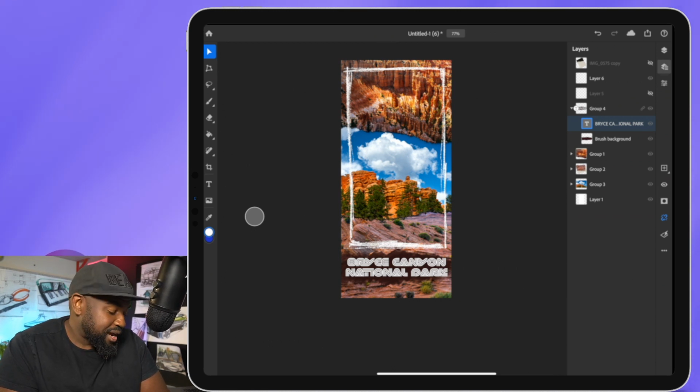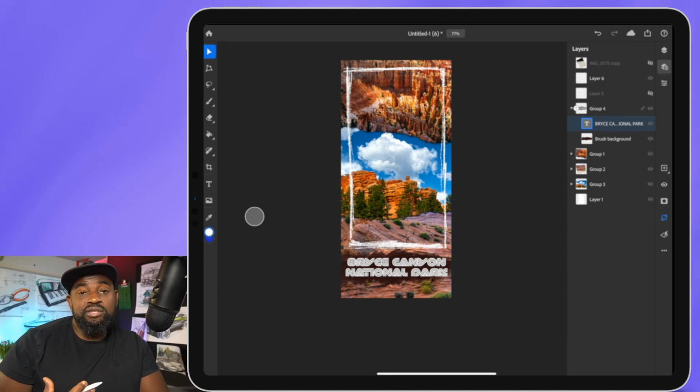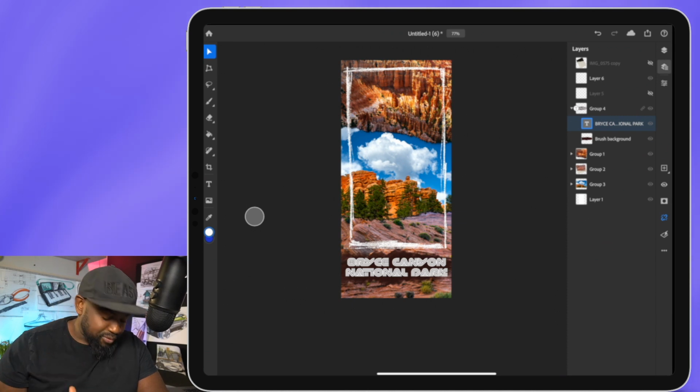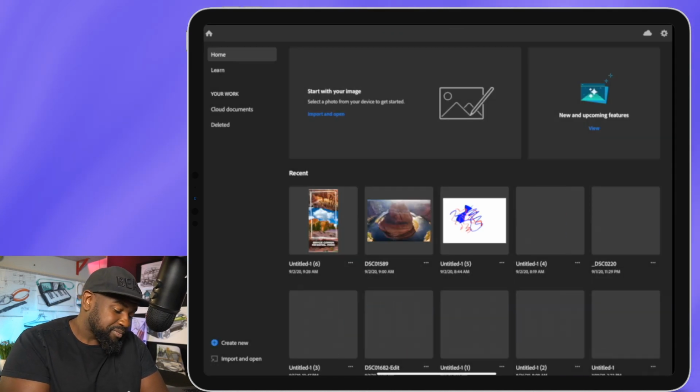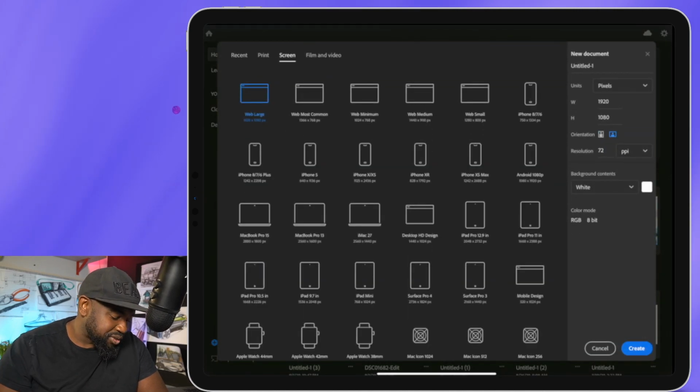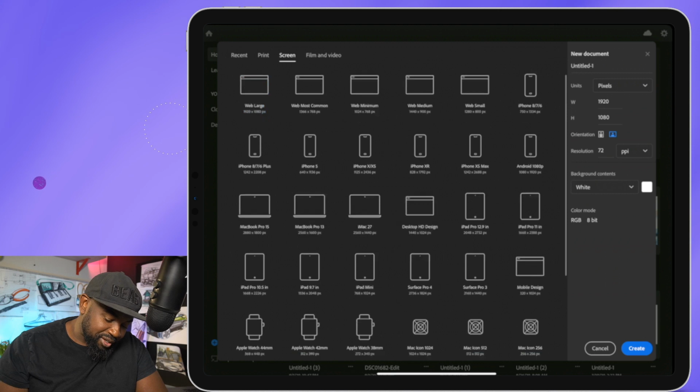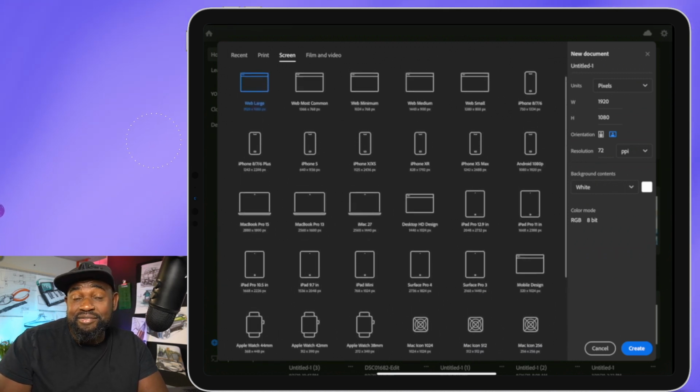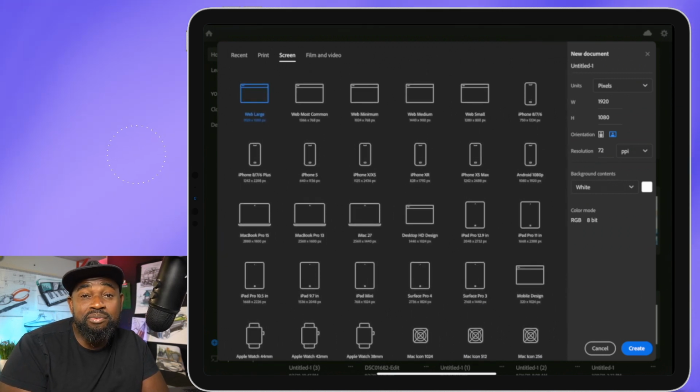app. And it's important when you do this, though, to make sure you're using the right template or format. That's why I specifically picked the iPhone XR. That's why Photoshop's awesome on the iPad, because we have all these presets. Again, if I create new and I jump to screen, we have all these options. So if you want to make something for your MacBook Pro or just a desktop background, you even got the Surface Pro 4 and 3 in there. Mobile design, icon design, if you're working on a UX or UI project and you need to have that template, it's